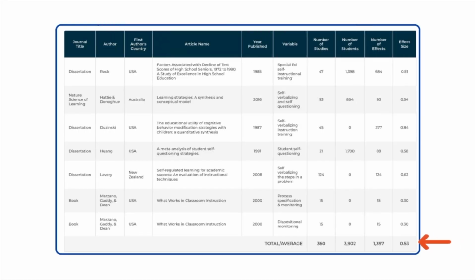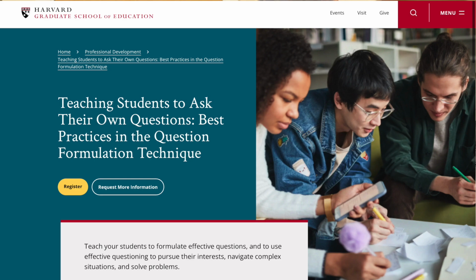This sounds very simple again, but it's a very powerful technique. It has been shown multiple times across different learners and different subjects that it works consistently well. John Hattie's meta-synthesis again shows an effect size of 0.53, which is significant. In fact, Harvard has a whole course on best practices for question formulation for students, right? And so do many other universities. So it's a very effective technique. These two, elaborative interrogation and self-verbalization, self-questioning, are very efficient, very easy to apply tools